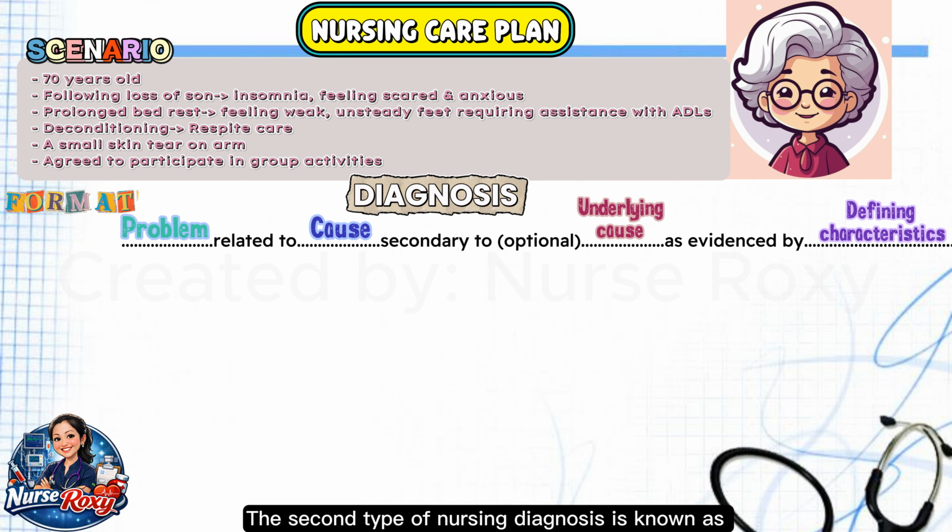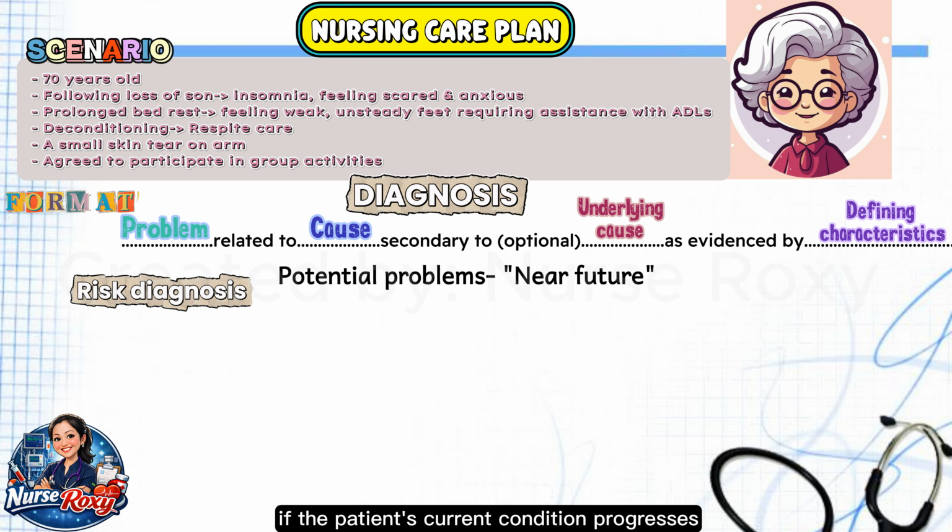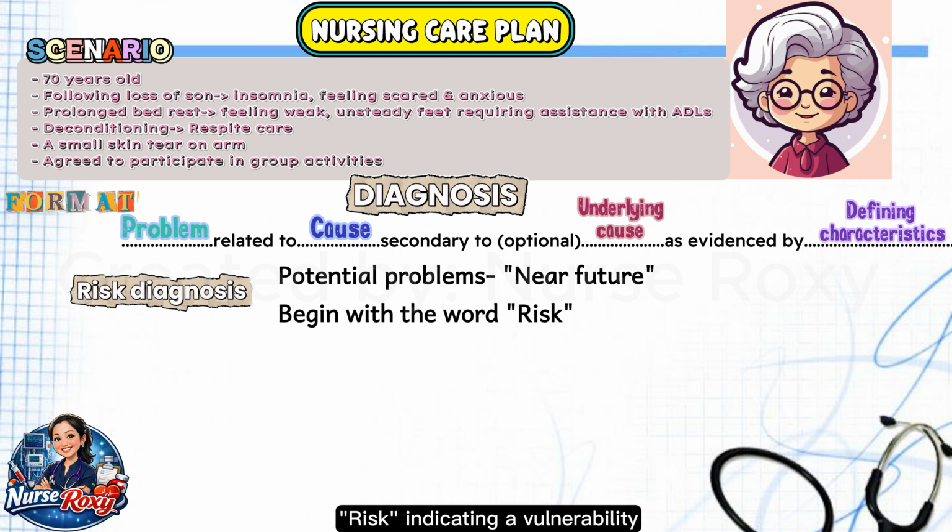The second type of nursing diagnosis is known as a risk diagnosis. It refers to potential problems that may develop if the patient's current condition progresses or if their health status deteriorates. This type of diagnosis typically begins with the word risk, indicating a vulnerability rather than an existing problem. In this scenario, the risk diagnosis is